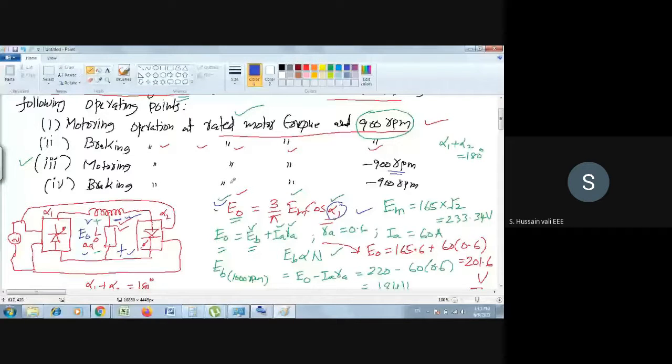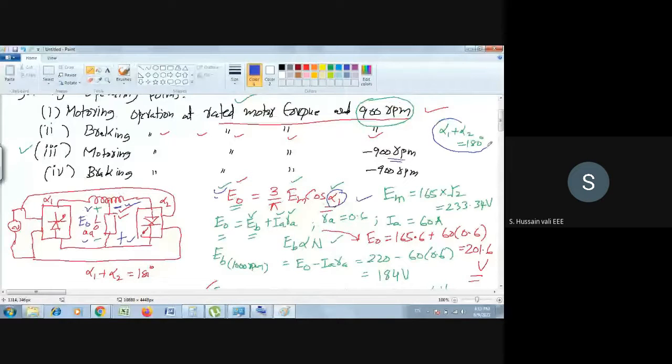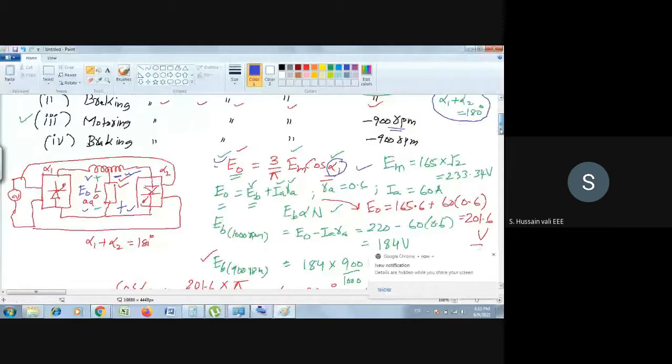If the polarity of the input voltage to the motor gets reversed, the output voltage of the dual converter has its polarity reversed. Earlier it was positive; now if you take negative, then alpha 1 will be greater than 90, because only then is cos negative, in the second quadrant. If alpha 1 is greater than 90, then what is alpha 2? Because alpha 1 plus alpha 2 is 180, alpha 2 is less than 90. That's it. Everything is the same except alpha 1 and alpha 2 get interchanged.